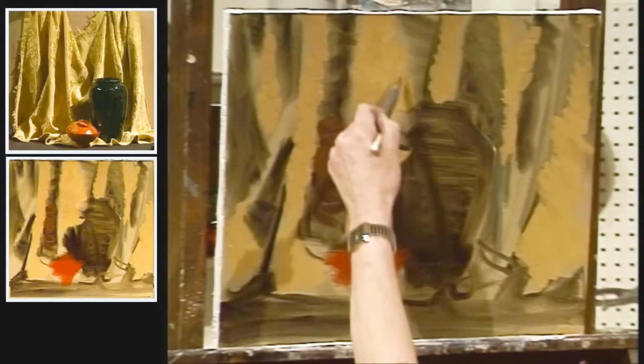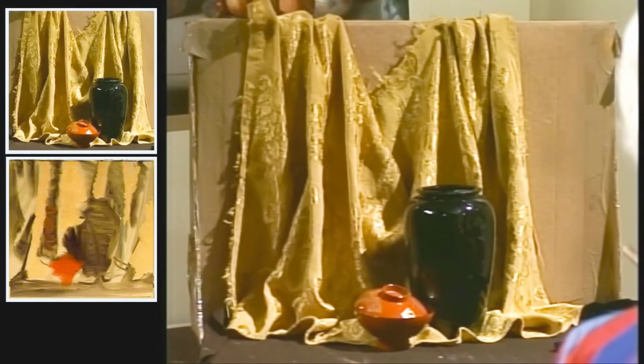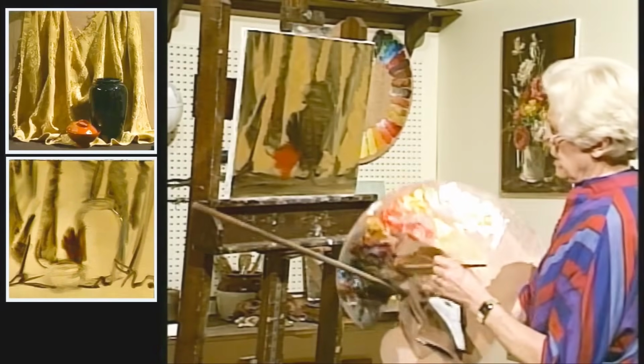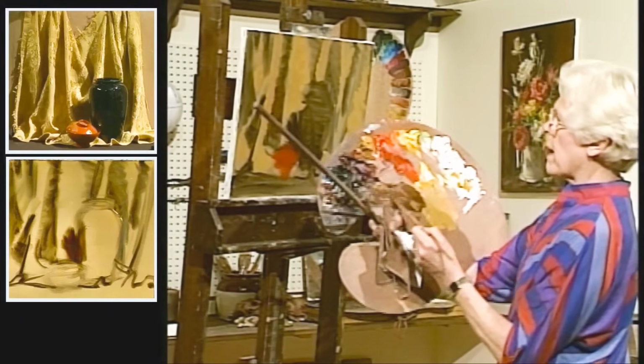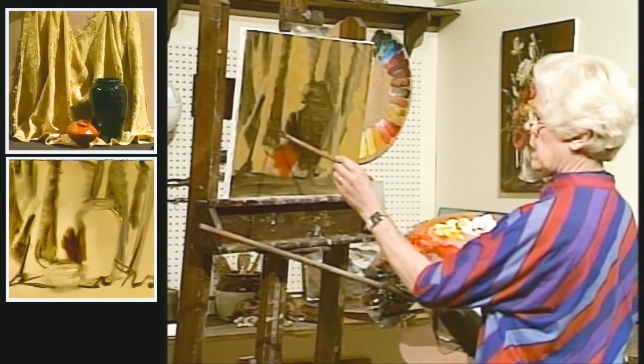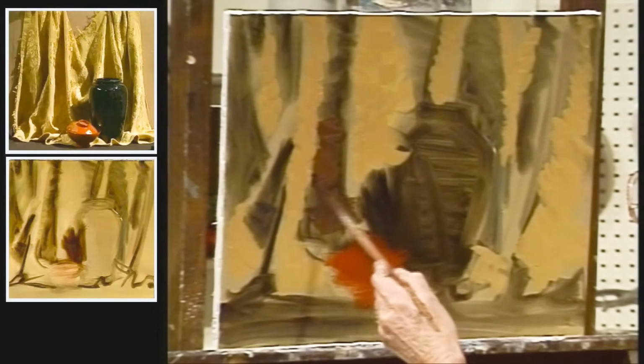So these are the areas where I see the light strike the fold. Now with a mixture of raw sienna, and I squeezed out some manganese violet, an easy violet to use as a complementary to a gold color.